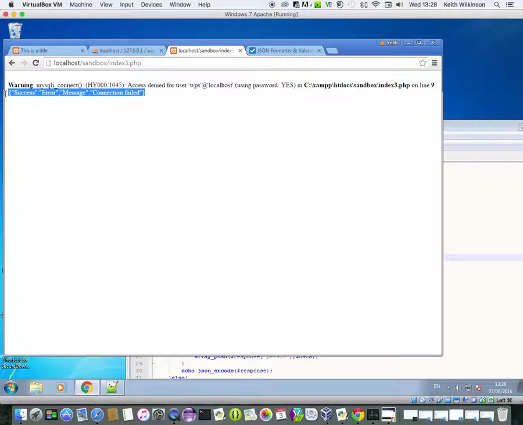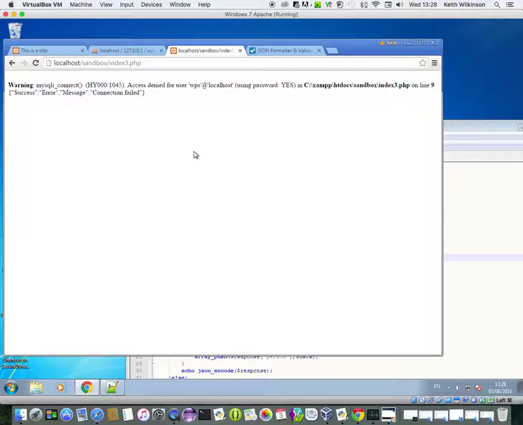I've got my JSON here, but I also have this warning message, and I don't want this warning message. Now, in previous videos, I had explained to you that you can turn warning messages off by making a setting in PHP, and probably you would do that if you were using a production server. However, this isn't a production server. We've turned the warning messages on so that we can see whenever we've made an error, it's going to help us debug the problem. I still want that, but I don't want it printing out now. I just want this